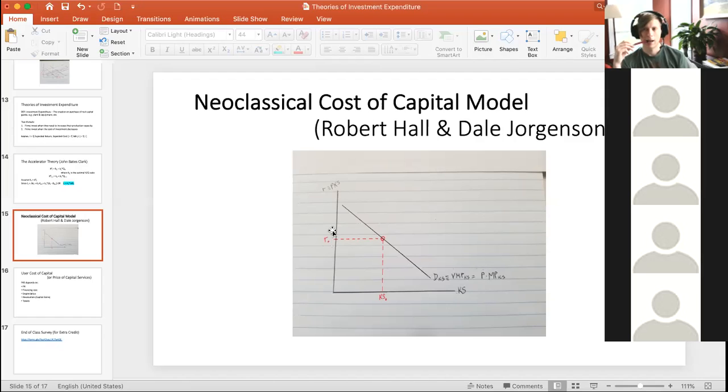There is a rental on capital, and the rental is like the wage rate. So given the rental, the firm decides how much capital it wants to employ. Now I'm going to come back to that slide in a minute, but first I want to jump over